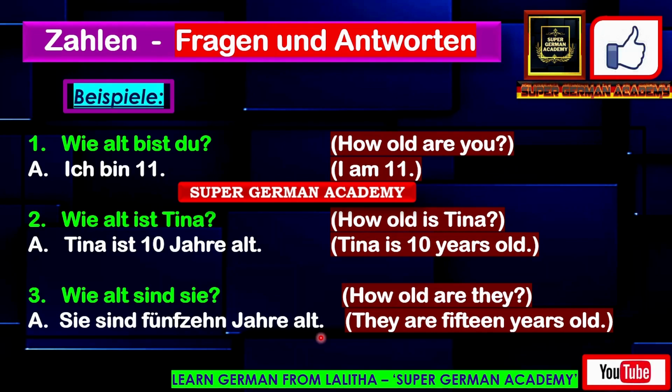So these are the questions and answers. Here you learned how to find out how old the other person is and how old you are, how to make sentences and ask questions like how old is Tina, or how old are they, and reply that Tina is 10 years old, I am 12 years old, they are 15 years old. For this type of question about age, first you learned the numbers in German, then the questions and answers to know the age of the other person. So this is how you ask and answer questions about age. So this is about this lesson.